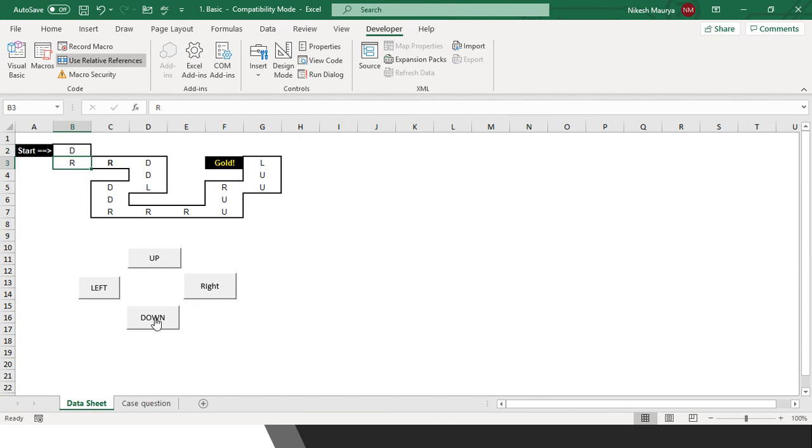It went to B3, then again we click right, right, down, down, then left, then down, down, right, right, right, up, up, right, up, up, left. This way, with the help of these buttons, we have reached our destination, and in this button logic, we went from the start to the goal.